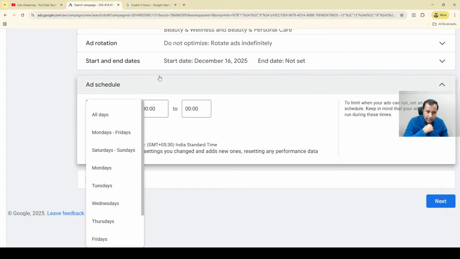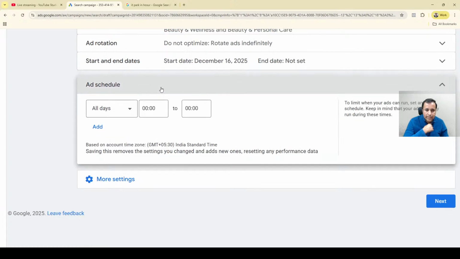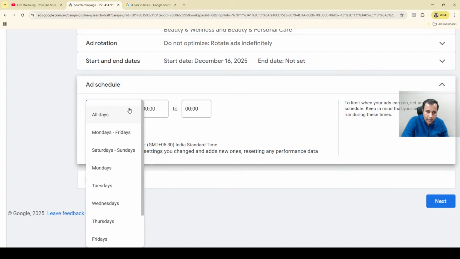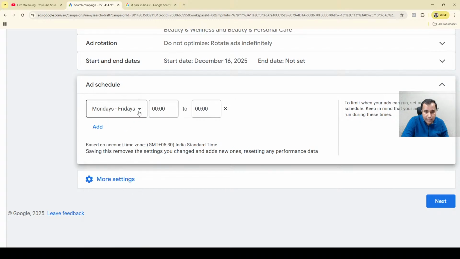Next is ad schedule. Ad schedule is a very important concept, and there is something called time sculpting or ad sculpting. Let's take an example, a saloon is a good example. I told you earlier also, there are people who go to office 9 to 6. So if you are a saloon and you are advertising online, then it's possible that Monday to Friday,